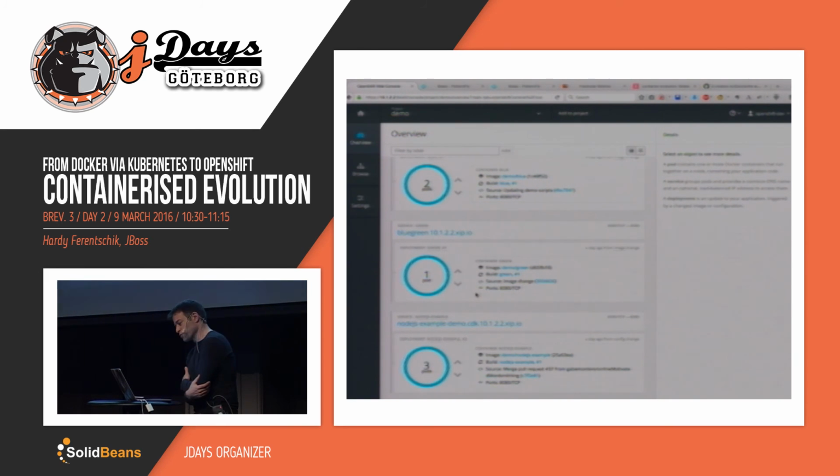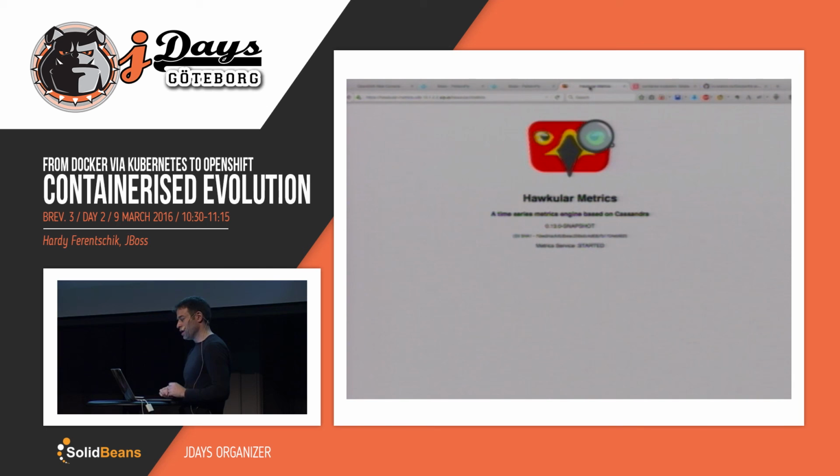Yeah, it comes from what's happening here. There's this additional metrics framework called Hawkular installed, which is this one, which keeps the metrics. I mean, this is basically just another container. It doesn't really matter if it's in Kubernetes or OpenShift. It's basically just pods, containers which do the work. So it's nothing really specific to it here.